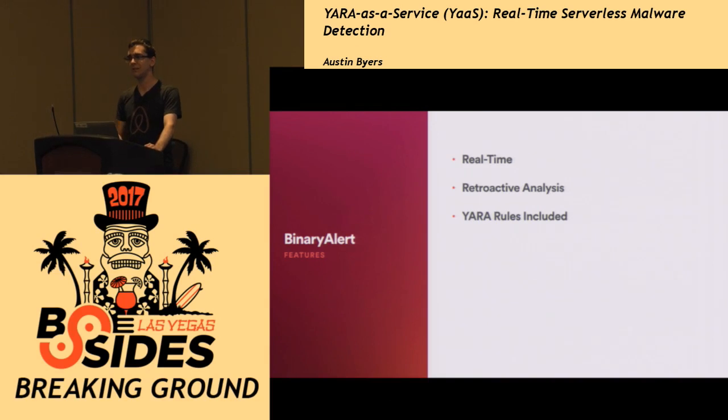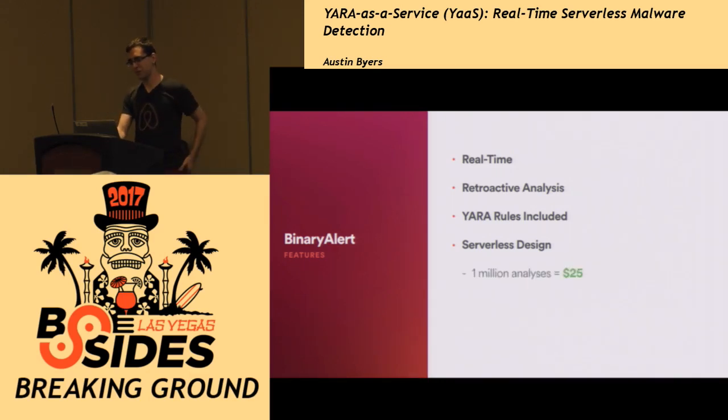We include some of our own YARA rules. One of the values that we at Airbnb are going to provide to the community is we are going to provide our own YARA rules, and we also source rules from other open source projects like the YARA rules project. And the idea here is all of these YARA rules that we've tested against our own infrastructure of more than 2 million binaries to make sure that they're effective for what we're looking for. We talked about the serverless design. I'll go into a minute about what the components look like, but again, there's no EC2 instance running, there's no SSHing. It's just an asynchronous event-driven framework.